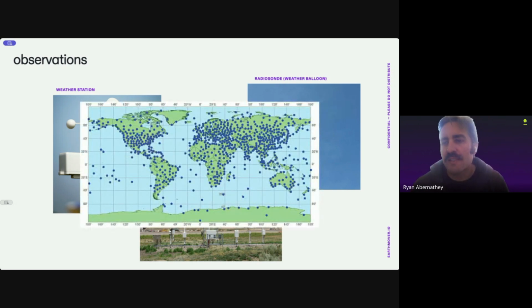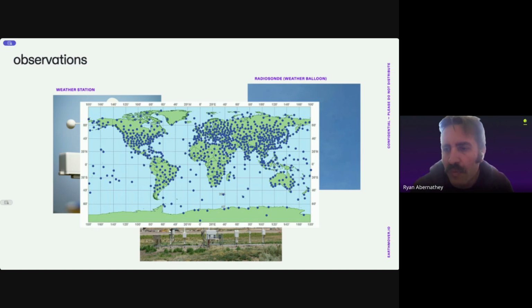And so here is a little visualization of these radiosonde launching sites, the standard locations where these balloons are launched from on a daily basis. This information is collected and it's fed into our weather systems and provides the backbone of a lot of what we know directly about the atmosphere. However, as you can see, this is still a pretty sparse network. It's not as if we have weather stations on every block or balloons being launched from every house in the